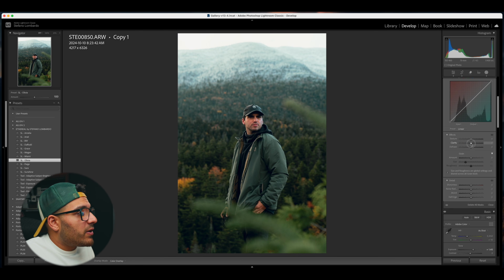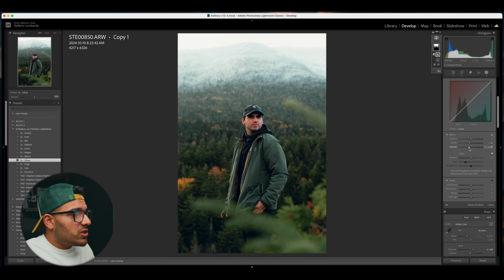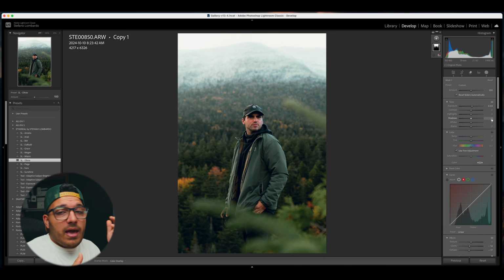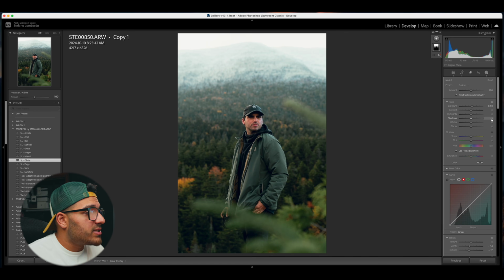And the first thing I'm going to do is just drag up the exposure, and then I'm going to go down to clarity. I'm going to drop this. You can see it kind of makes it a little bit more hazy, a little less sharp, and then just bring the dehaze down, and it's starting to look a lot more like there was fog there. This, at the same time, I don't know if you're able to tell, but it is creating separation between our subject and the background, and it is drawing the viewer's attention to the middle of the frame, which in this